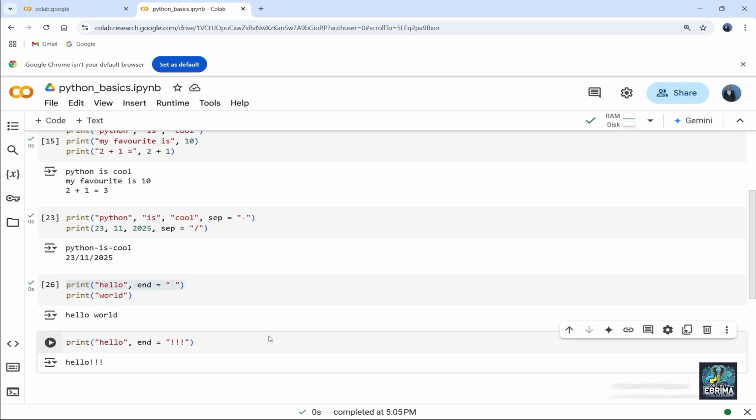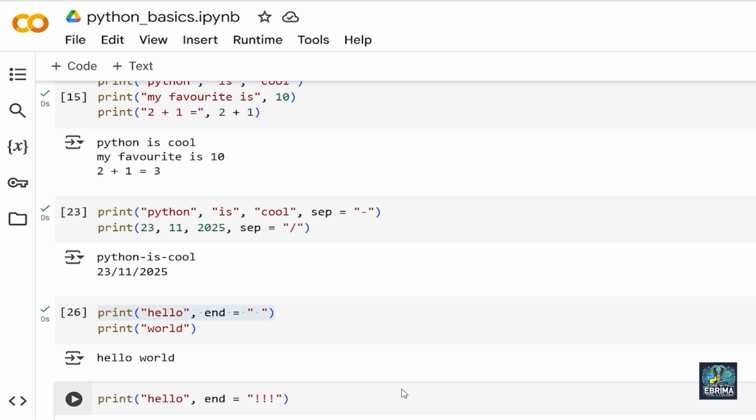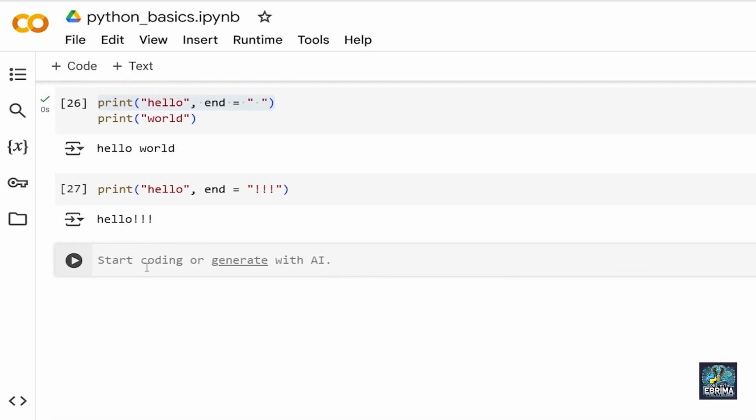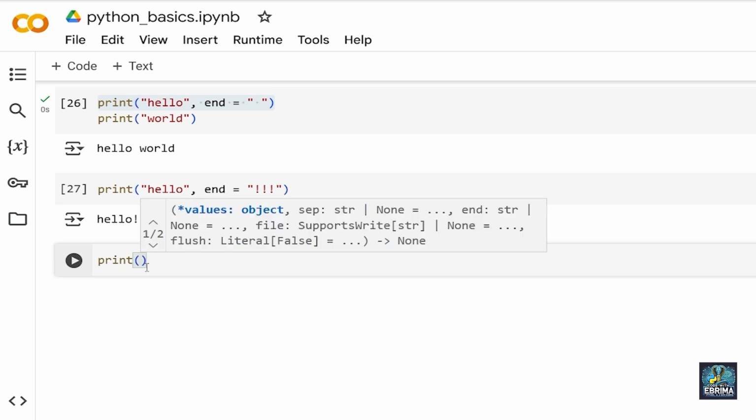All right, so now we are going to use the backslash n. This means go to a new line in Python. Now let me come here and click my code, and now I come down here and let's go ahead and say print. For instance, I need to change that, so I'm going to say print, bracket open, bracket close.